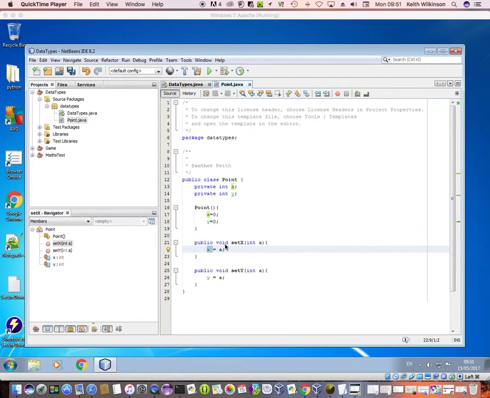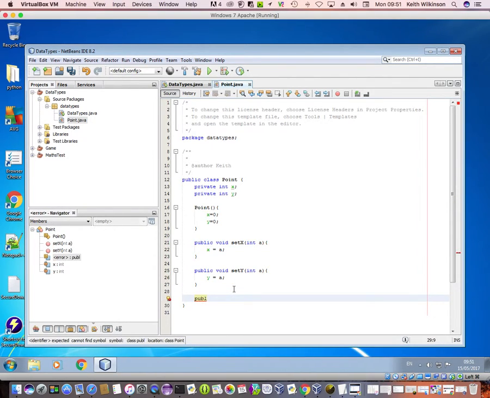So at the moment I've got methods to actually set these individually. Perhaps I don't want to do that. Maybe I want to set them both together, so just give a pair of coordinates and then set them all in one go. And I can do that by having another method, public